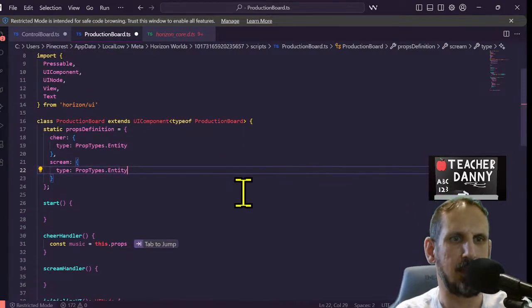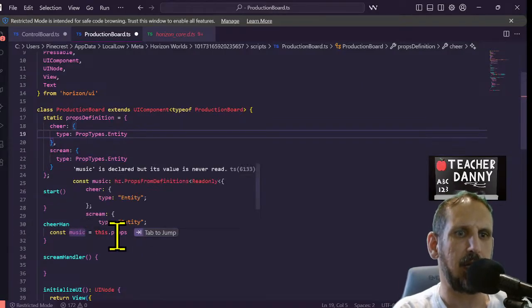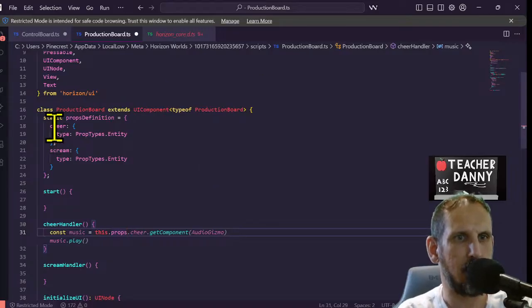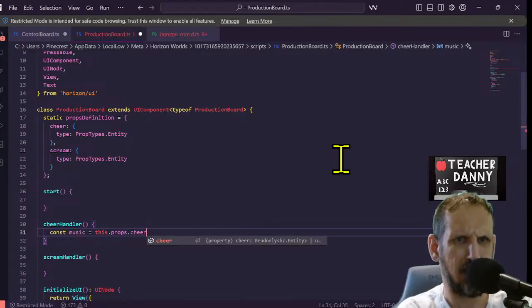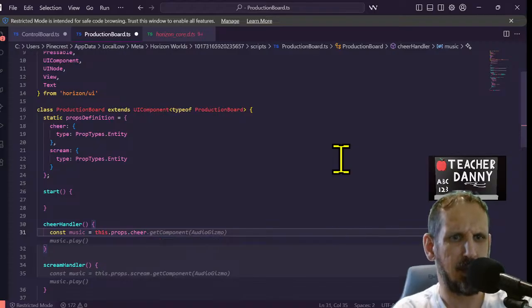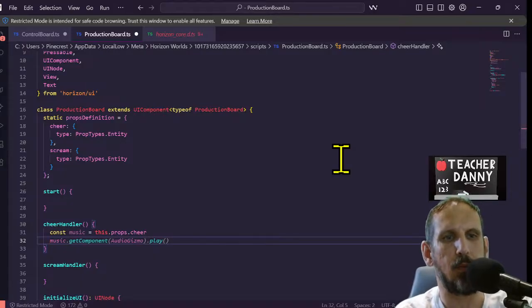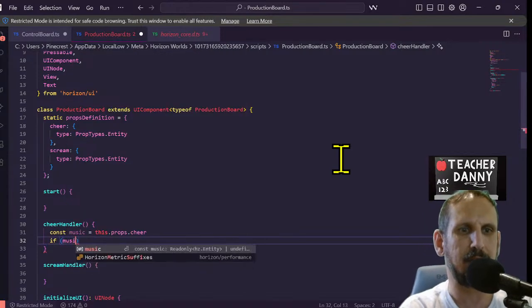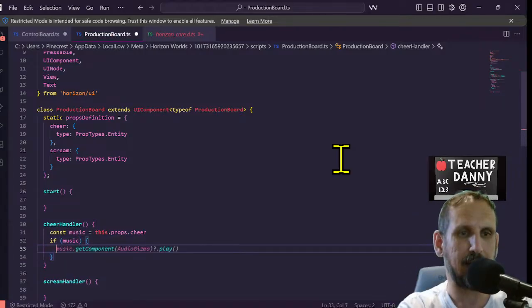PropTypes.entity. So now we have 2 entities, cheer and scream. So music is going to be this.props.cheer. Okay, that's it. All those suggestions. Okay, now we're going to say if, because we need to check to make sure it exists. So if music exists, then in these brackets, we're going to say